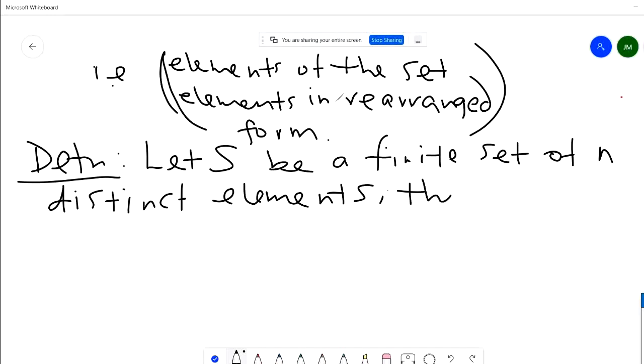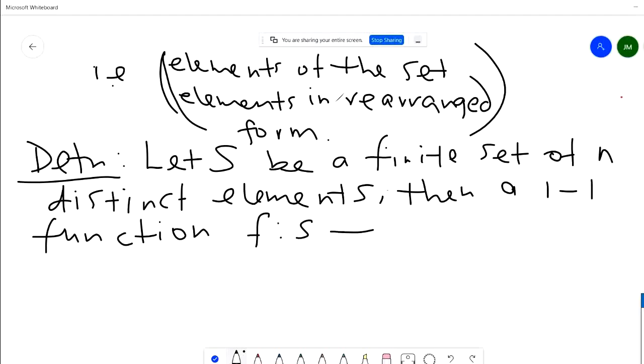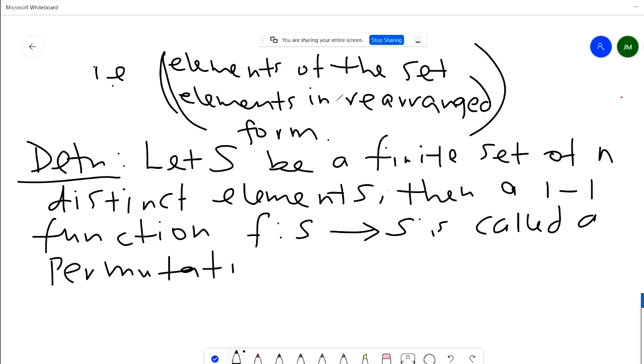Then a one-to-one function, say f from the set S to the same set S, is called a permutation. It's called a permutation of degree n,